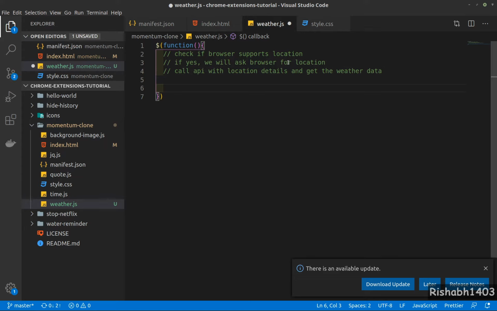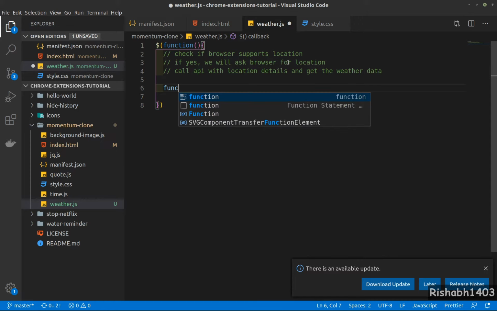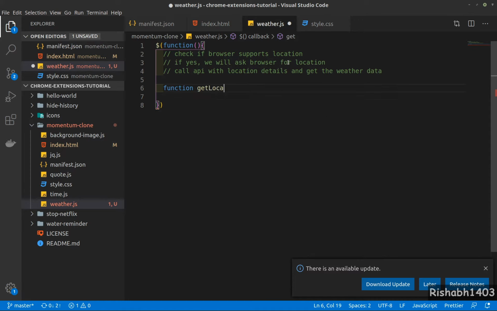So let's implement this. We'll go ahead and declare a function called getLocation from browser, or simply getLocation. Now we will check if browser supports location.